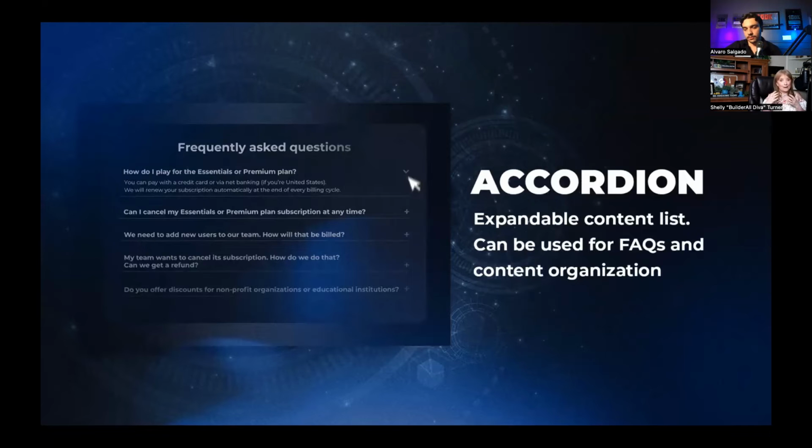Accordion is another one of my favorites. There's so many elements that are my favorites, but this is one of them because it allows you to create an accordion-like menu that opens up and then closes back up according to what the visitor wants to look at. This is really good for something like FAQs. So on the main banner of each section of the accordion, you put the question and they click on that question and it opens up and it gives them the answer. Such a neat tool. And again, it adds such creativity and flair to your website. And it also prevents a lot of support.